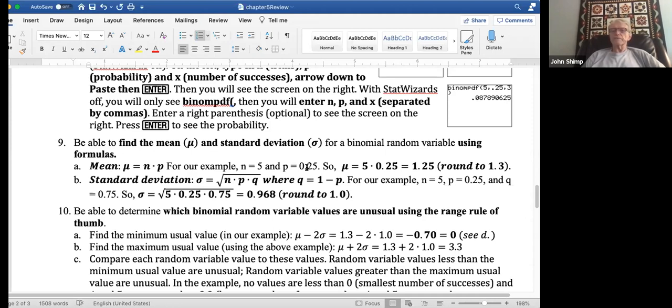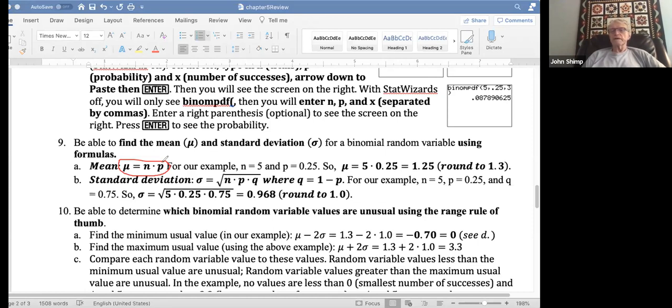We have formulas for binomial though. We don't have to do 1-Var Stats for binomial random variables. All we need to know is how many trials there are, what's the probability of success, and for standard deviation, we also need to know what's the probability of failure. And let's just take a peek here then. I'm going to annotate because it's easier to point things out. Okay, the formula for the mean is equal to the number of trials times the probability of